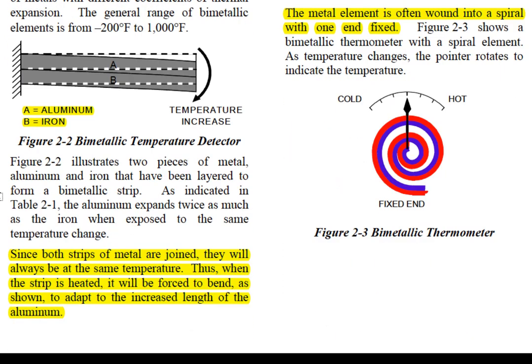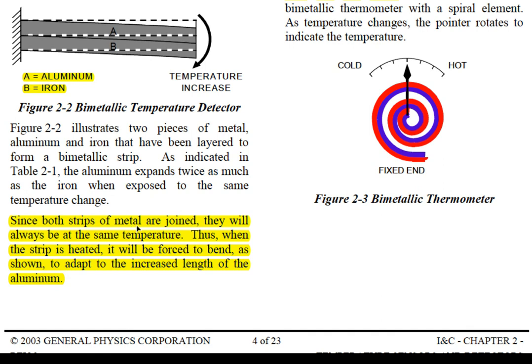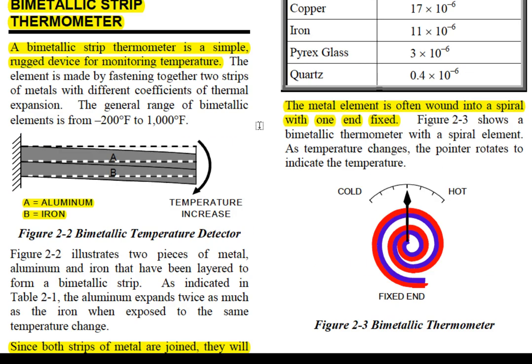So here's the description. Go ahead and highlight this paragraph. It says both strips of the metal are joined. They will always be at the same temperature, obviously. If Bravo is 100 degrees Fahrenheit and Alpha is 100 degrees Fahrenheit, they will be the same temperature. However, what changes is the length that they expand due to the temperature. That's the big deal about this. So when the strip is heated, it will be forced to bend as shown above. Now, don't think this is a big, thick piece of iron. They are not. They're very, very thin, and that's why you can get this bending to occur